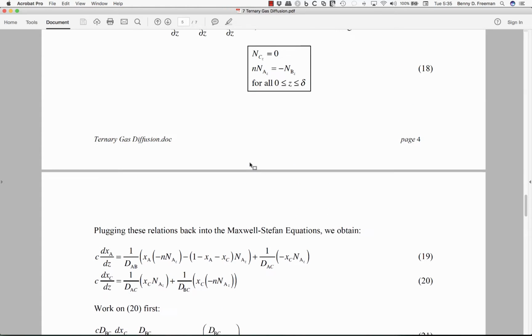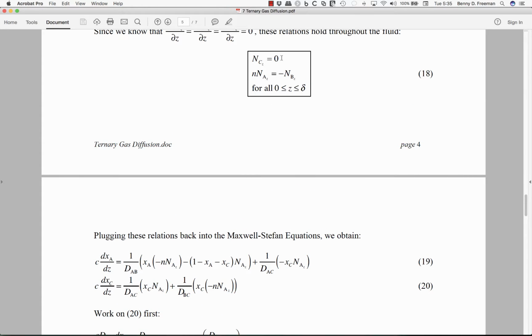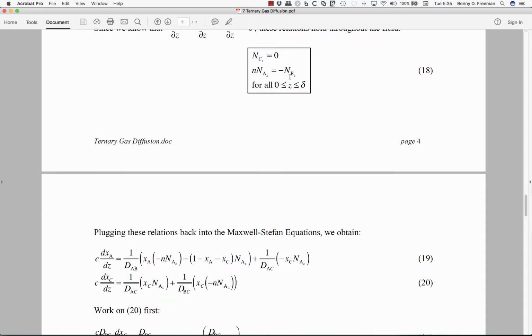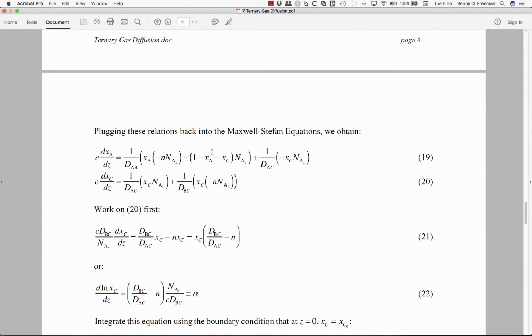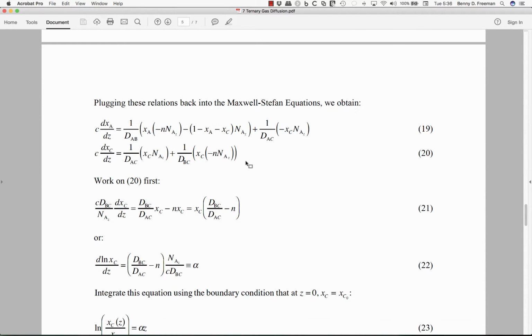Then we can take these relationships, that is that the flux of C is 0 and that the flux of A and B are related to one another through this relationship involving a stoichiometry. We can plug those back into the Maxwell-Stefan equations, and after doing that, I'll work on equation 20 first. This is the one involving the inert, and the reason for that is that it involves only